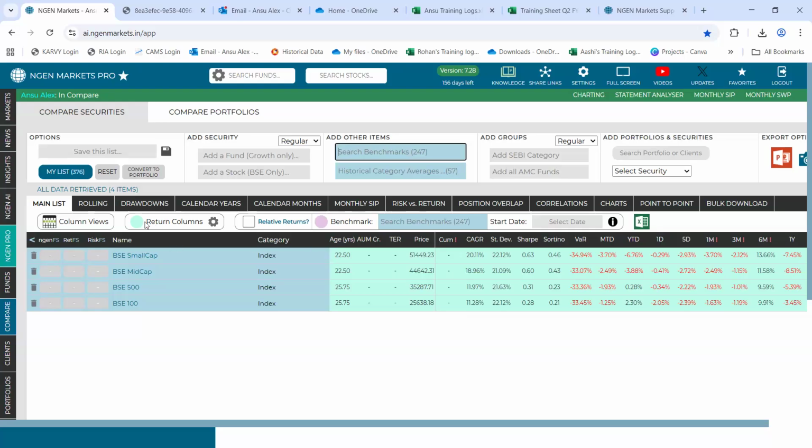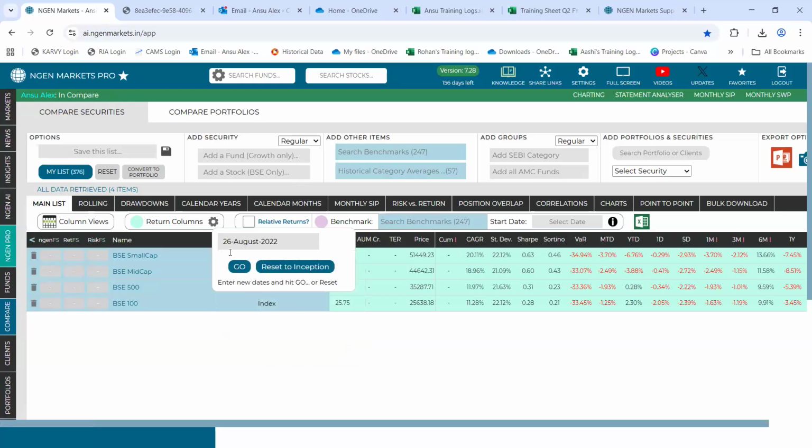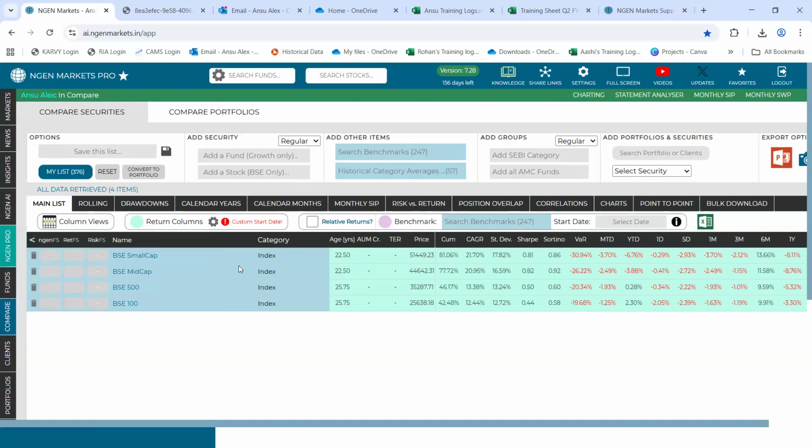That option is available right here, called the returns column. You can simply click on this settings wheel and set your respective start date. So let's say I take an approximate 3-year time period. So I've set 26th August 2022 and I click on go. Now these data are respective of the time period that we have set based on the start date.